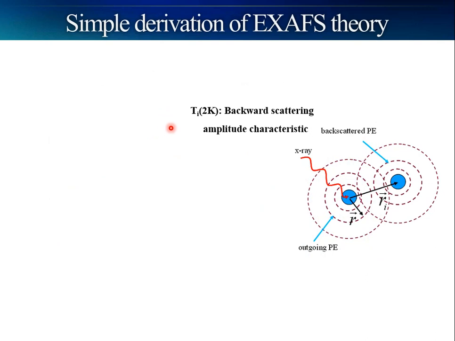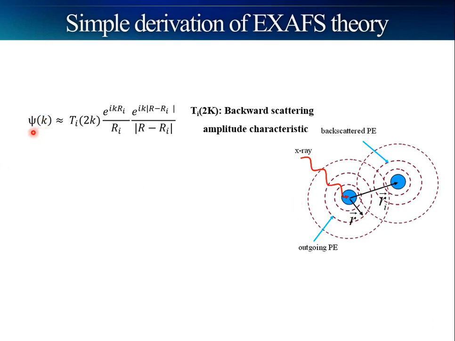Look at this picture, which expresses the photoelectron wave generated by the X-ray. This is the outgoing photoelectron wave, and this is the backscattered photoelectron wave. And then the neighboring atom is located at Ri. The interference wave at R, this part,